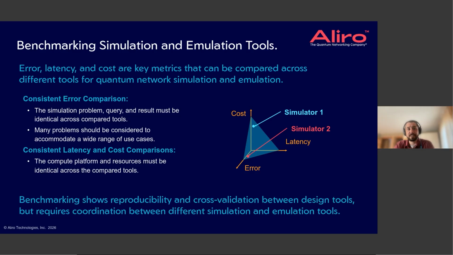Now, to achieve consistent results with latency and cost comparisons, the way that we would do this is by using the same compute platform to run both simulator tools. It doesn't make sense to benchmark a simulator tool on one platform and then a second simulator tool on another, because the platform that we run on will dictate the cost and the latency of running the simulation. Not so much the error unless the systems are very, very different, but that is usually not the case with